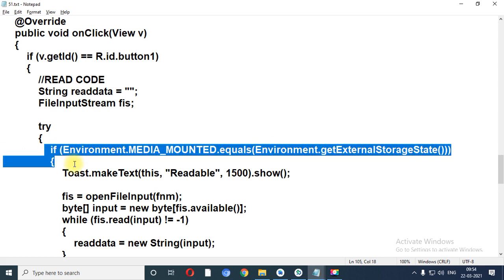This will check whether your device contains external media or not, because you can perform read or write operations or any operation based on the external storage only if external storage is available in your mobile phone. Otherwise you will not get this task on the device.